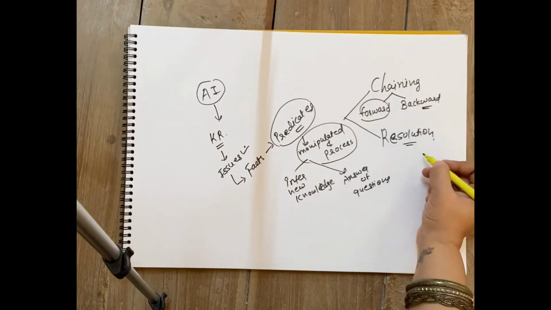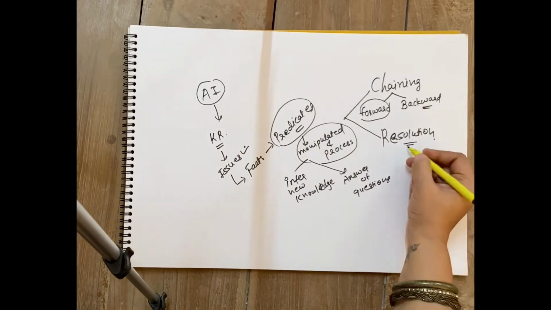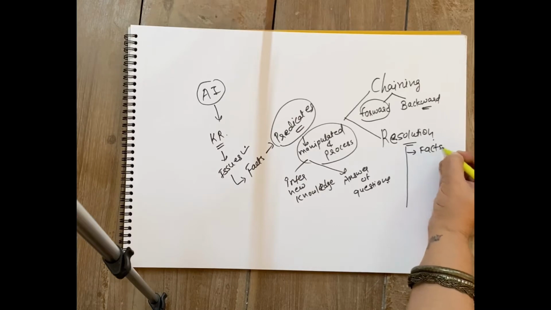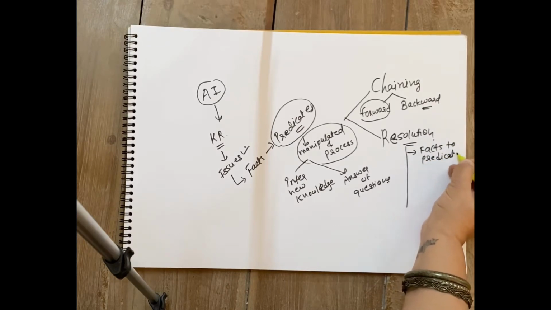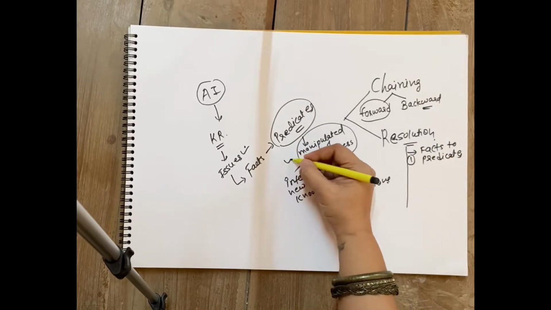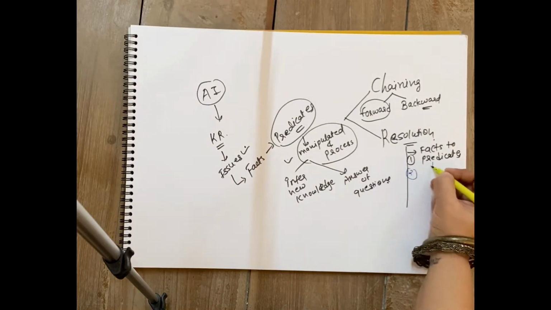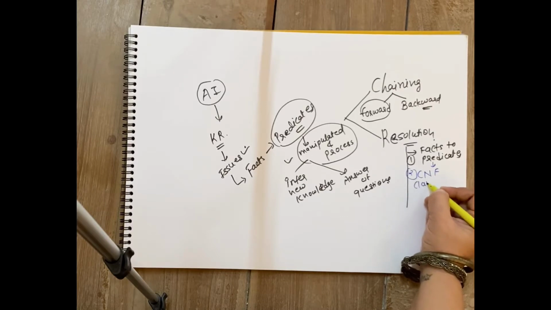Now resolution. So that is what we are going to discuss today. How we are going to apply resolution. So for applying resolution, first of all what we have to do is convert facts to predicates. That is what we have already done earlier. So the first step is convert facts to predicates. Then after converting facts to predicates, we have to convert this to CNF form, that is also called closed form.